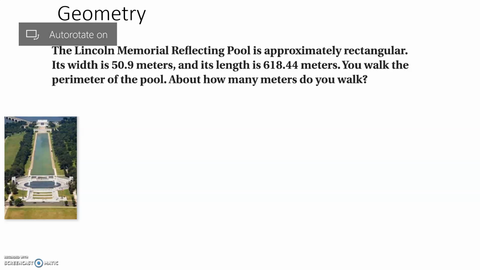All right, so now we have a geometry problem. The Lincoln Memorial reflecting pool is approximately rectangular. Approximately rectangular, what does that mean? Well, if you look at the pool over here, it's not exactly a perfect rectangle, so we just say it's